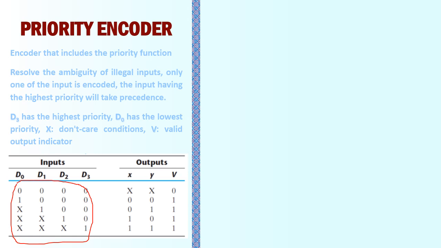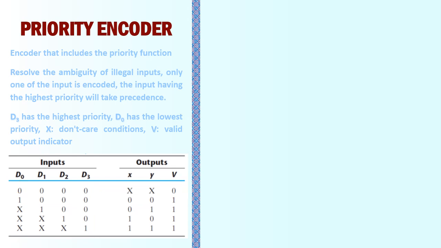So in order to implement the priority encoder, what we have done, when all the input values are equal to 0, we do not need any encoding information. So V will be 0 and we do not want to have any encoded information whatsoever is X or whatsoever is Y. It will not be a valid output. So when D0 is 1 and the remaining combinations are 0, then X and Y should be equal to 0 and obviously the output should be valid. So V should be 1 for all the remaining combinations.